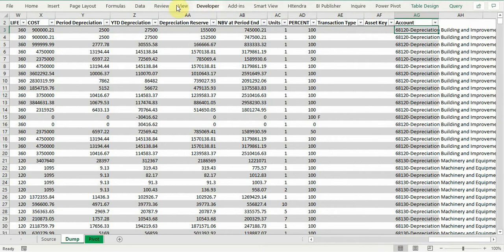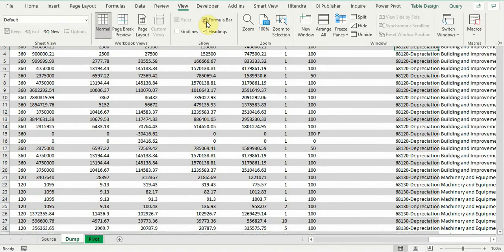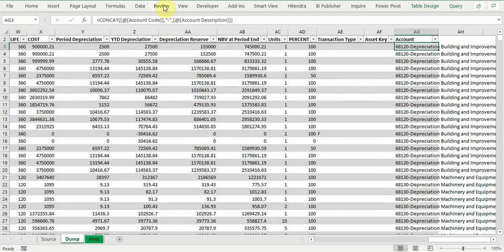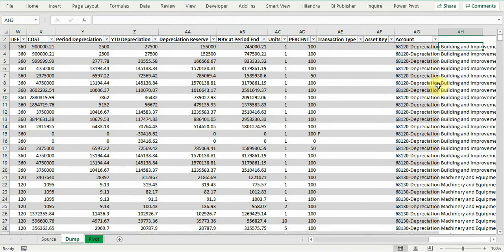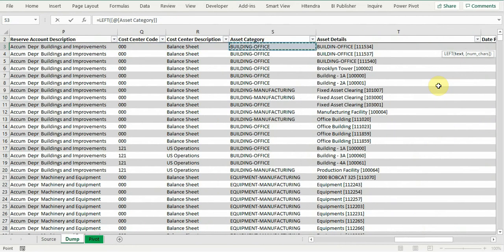So let me enable the formula bar this time, so you can view the formula also. Here we want to see the major category, so we need to take some of the fields from the left. To decide the number of characters, we use up to where the hyphen, the segment separator, is available.